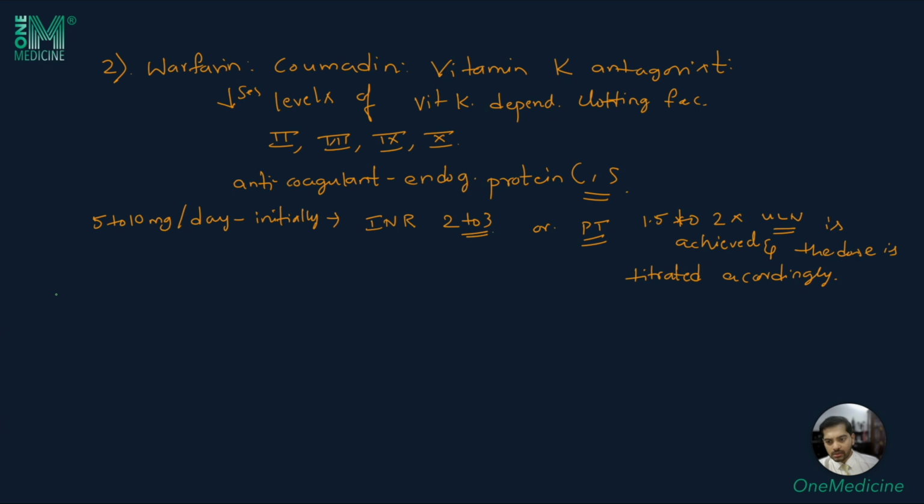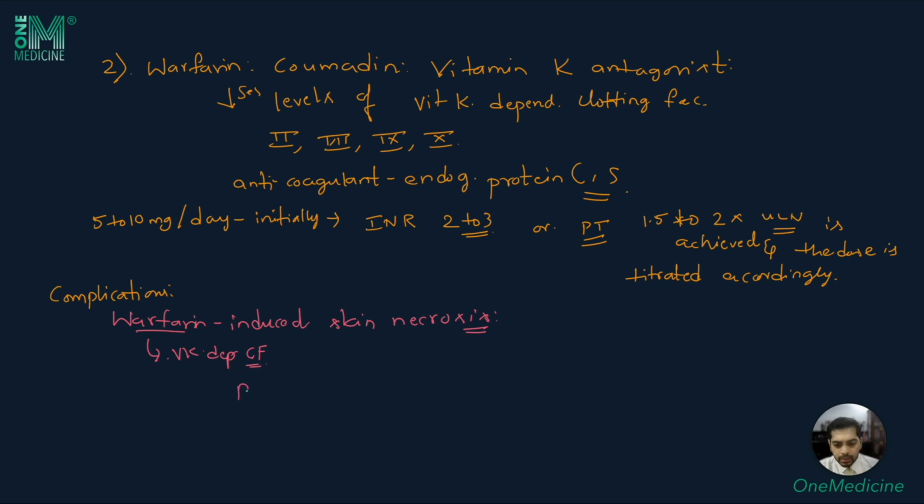Let's look at the complications of warfarin. One of the most dreaded complications of warfarin is warfarin induced skin necrosis. Let's try to understand what happens in warfarin induced skin necrosis. Warfarin inhibits all the vitamin K dependent clotting factors. However, it inhibits protein C and protein S initially, followed by factors 2, 7, 9 and 10. And as the protein C and protein S are affected first,